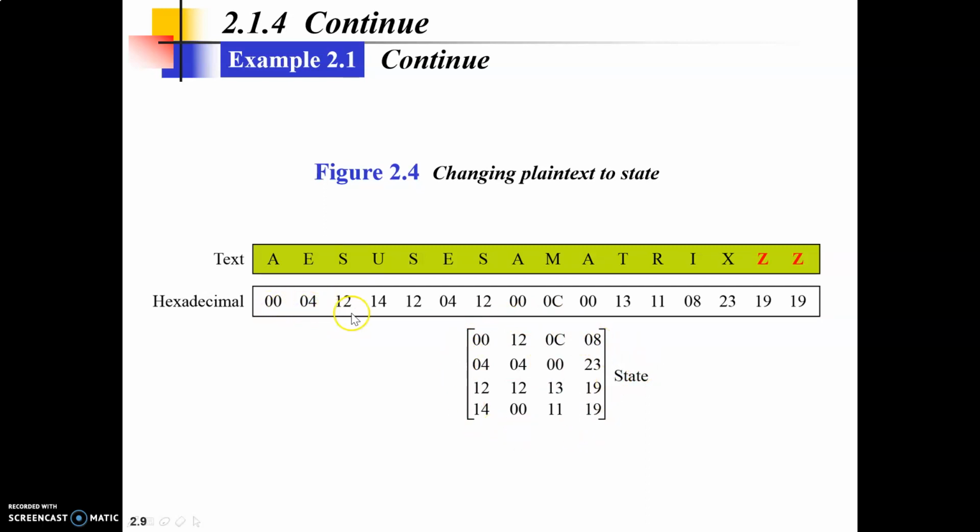So these four values are going to become the first column, then the next four values are going to become the next column, then the next four values will become the third column, and the last four values here are going to become your last column. So this is how you have converted your text from characters into a state, and each state value is again going to be a hexadecimal number.